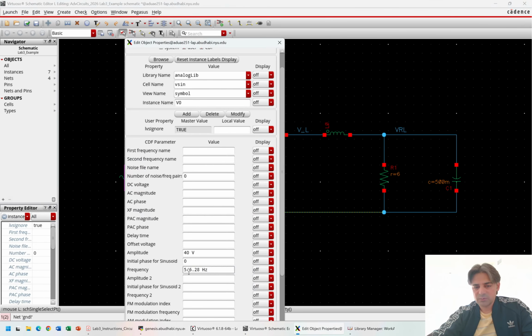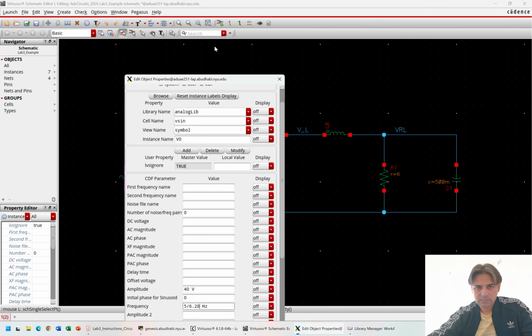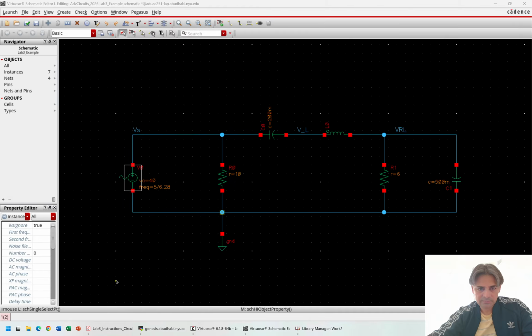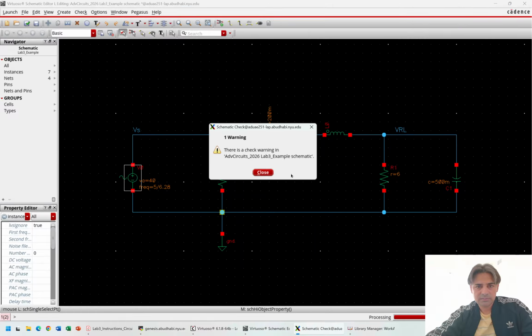Yeah, you can write the frequency in this way, right? So amplitude is 40 and initial phase is 0, and this is the frequency. All right, okay. So our voltage source has now been configured. Let's just check and save. Should have only one warning. Okay,